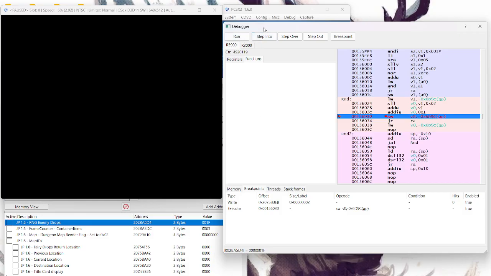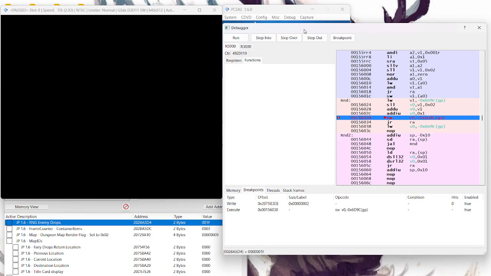Yeah, so the RNG is consistent from power on. Interesting. I mean, that's an RNG oversight for the JP version. So in the JP version,